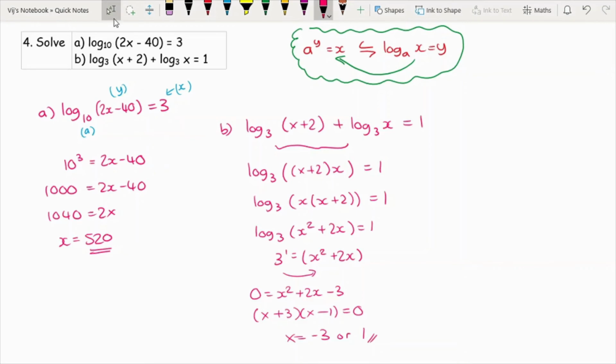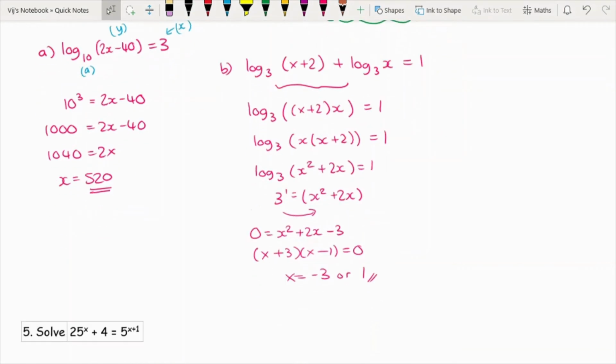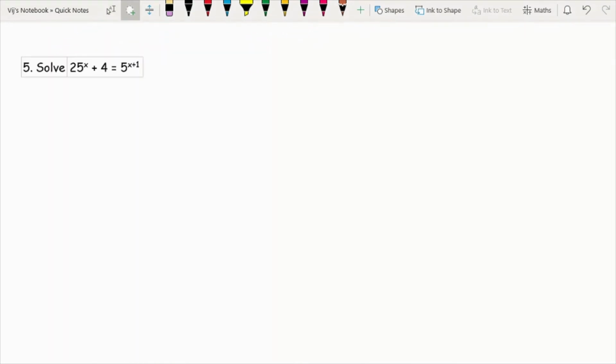And now moving on to question 5. This particular question looks a little bit more challenging, but one thing I noticed straight away is that I've got a 25 and a 5 as my base numbers. So if I start by writing the question out